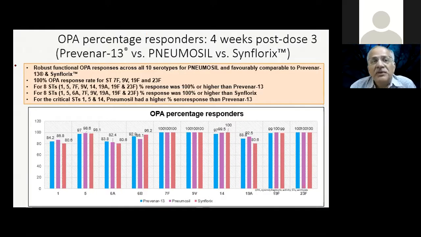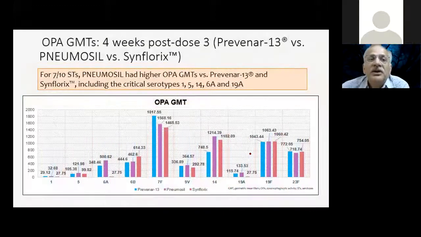And the percentage of people who responded to the vaccine, this is a comparison of all 3 vaccines because this is the phase 3 study. The blue one is the PCV13, the purple one is the PCV10, the new one, and the pink one is the old PCV10, the same colors which have been used. You can see all of them are exactly the same, except for 19A, where the old PCV10 showed a little less level. But that is because 19A is not there in the old PCV, so obviously it will show a lower level. But it also means that the cross protection levels are actually less as compared to the direct protection. I'll come to that soon. So OPA people who responded were like this.